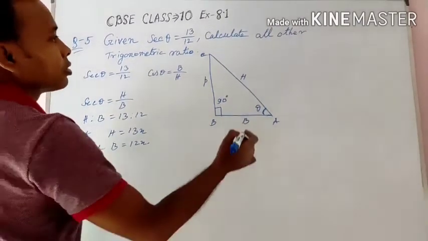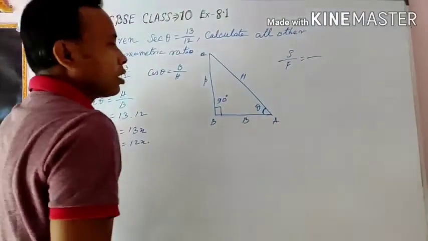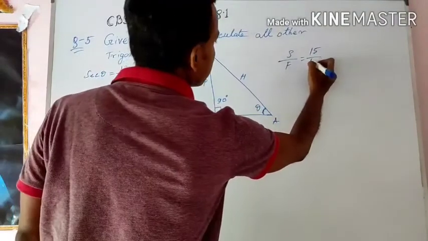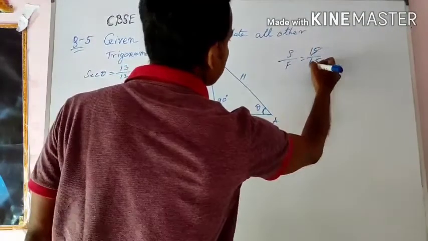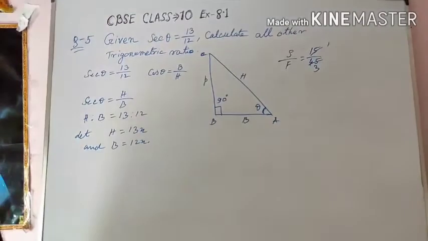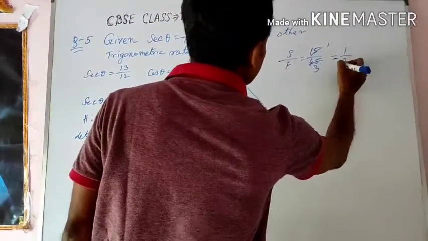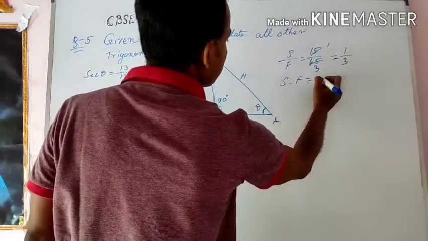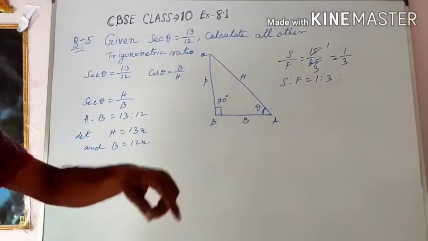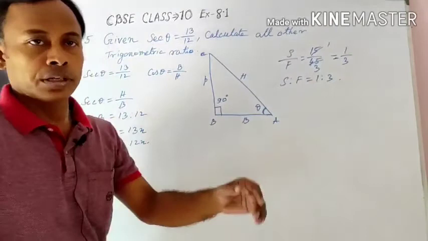As we know, for the son's age to father's age, suppose the age of the son is equal to 15 and the age of the father is equal to 45. What is the ratio? Here the common factor will be cancelled out, that is, son's age to father's age is equal to 1 by 3, that is, 1 is to 3. That doesn't mean when the son's age is 1, the father's age is 3. It is the ratio form. Here the common factor 15 will be cancelled out.